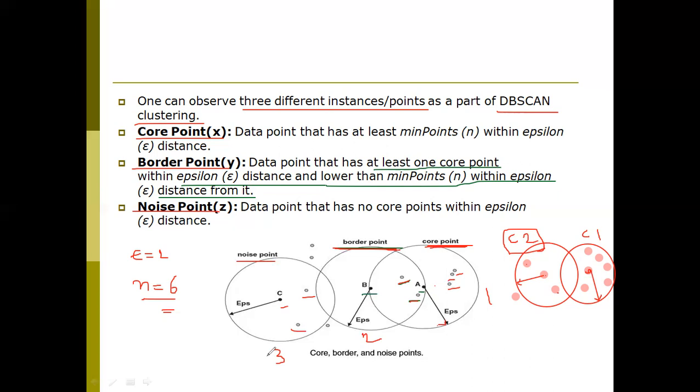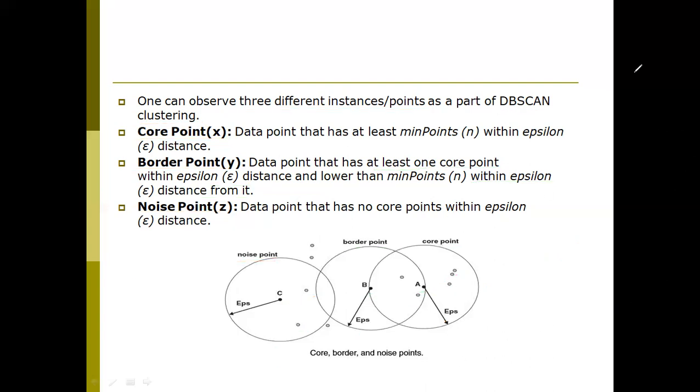Coming to noise clusters, what are noise clusters? The data points of a noise cluster are less than the n. That is the first condition. The second condition is that it doesn't have any core point within it. Such clusters are called noise clusters. DBSCAN forms these 3 kinds of clusters, or these 3 kinds of points, by using the DBSCAN algorithm, right?